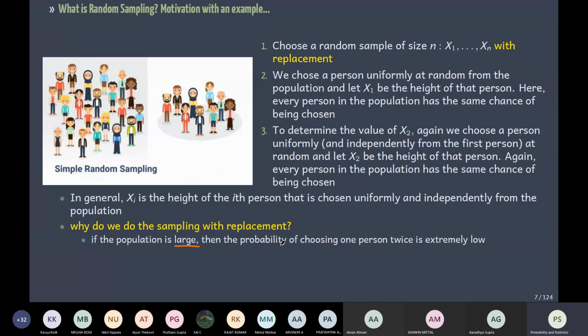Well, if the population is large, then the probability of choosing one person twice is extremely low. So first of all, we are saying that practically it's fine. It's very rare that I'm going to pick the same person again and measure the height, and then I get duplicate heights. So that's not going to happen that often. Okay, especially if the population is very large and you are doing things uniformly and independently. It's very rare that the same person will be chosen twice. Now you will say, still, why do I